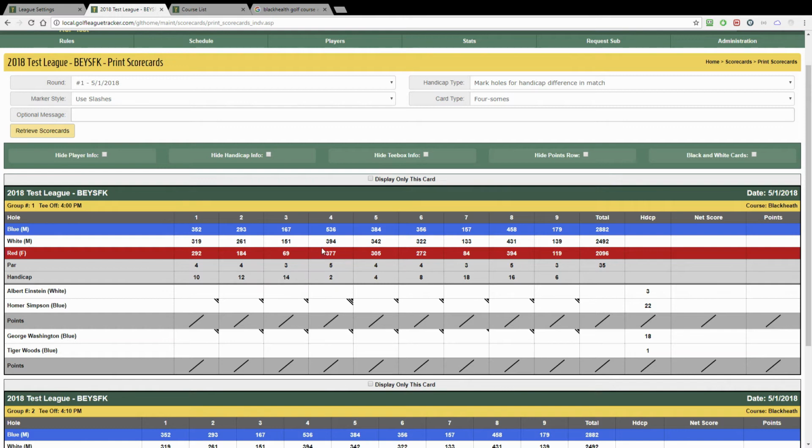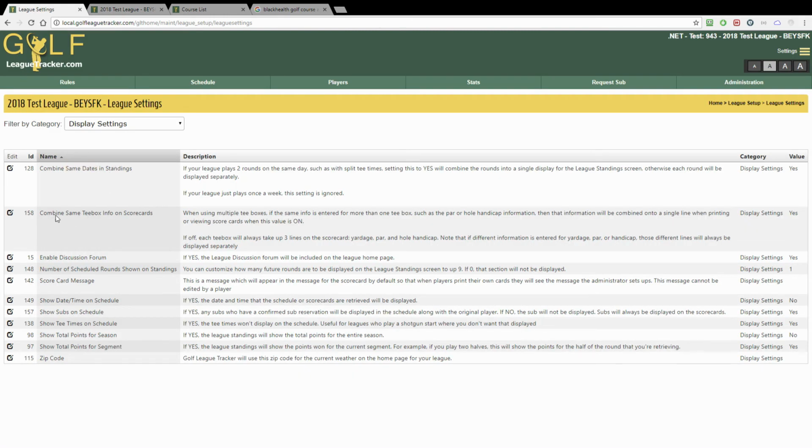For probably 95% of you, this is what you're going to see. Most courses have the par and handicap values the same for all the tee boxes, but once in a while you'll see it different. Now, a couple of the options here in your settings, if you always want to see the yardage, par, and handicap broken out for each tee box, you can do that. If you go into your league settings, there's an option called Combine Same Tee Box Info on Scorecards. By default, that's turned on to yes, but I can go in here and edit the value,